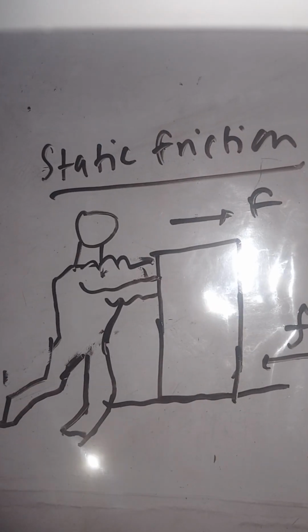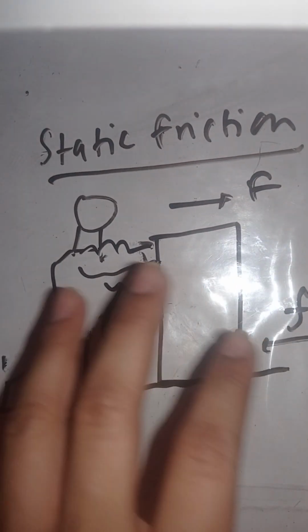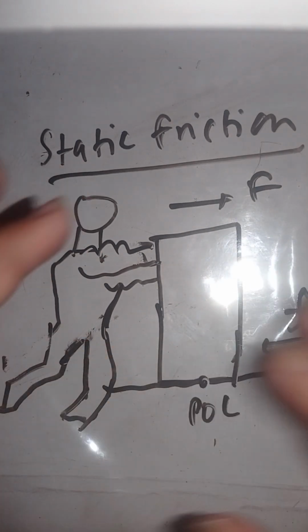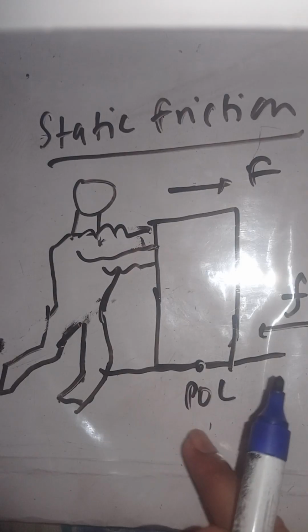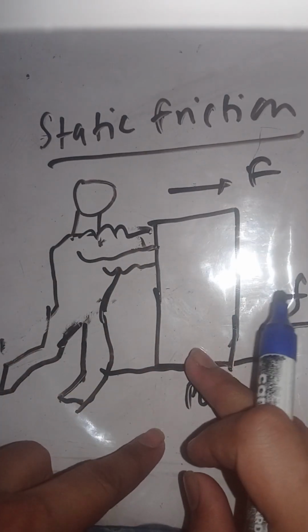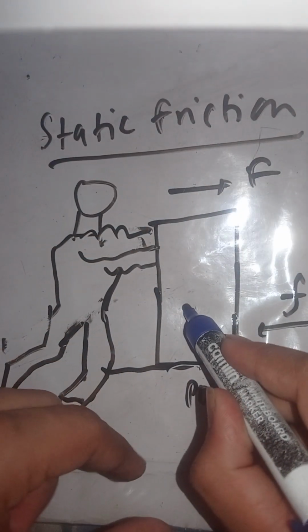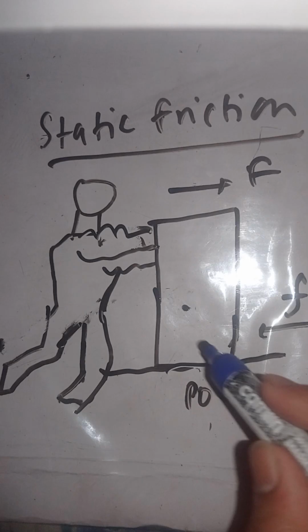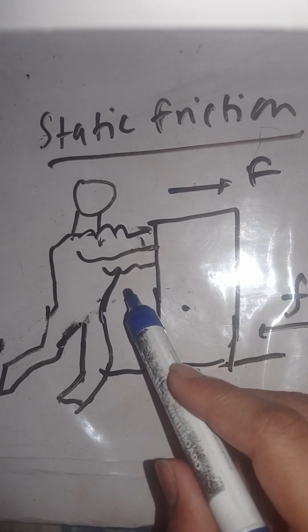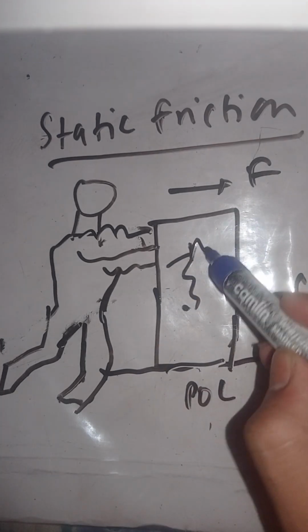So static friction happens when there is no relative motion between the points of contact. Here I represent it by POC. There is no motion with respect to each other, meaning the surface and the body are at rest. So in that case, let's say we are applying an F force on a block of mass m,